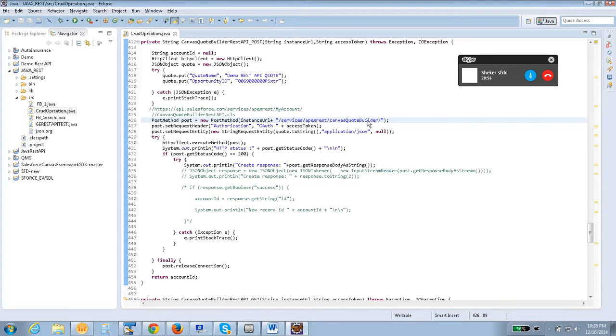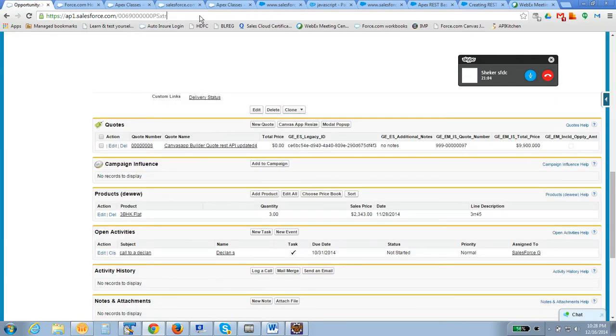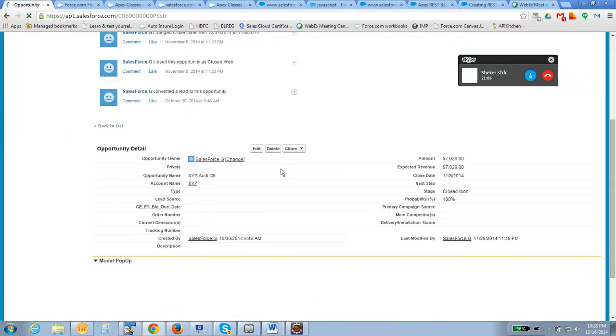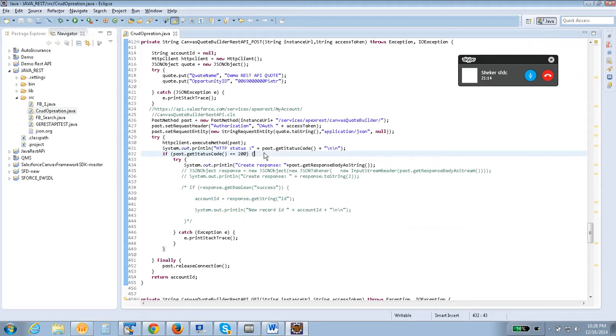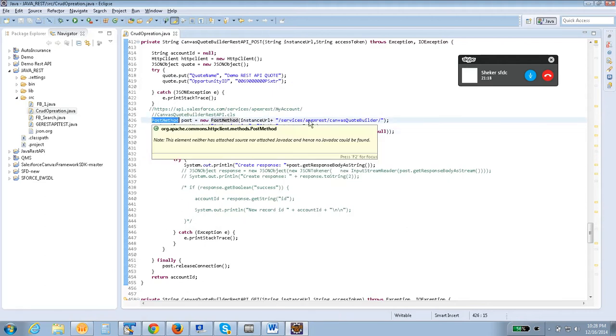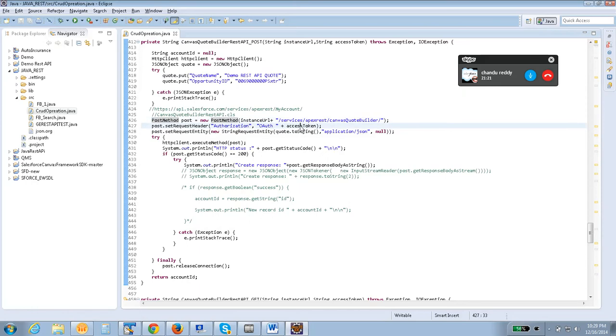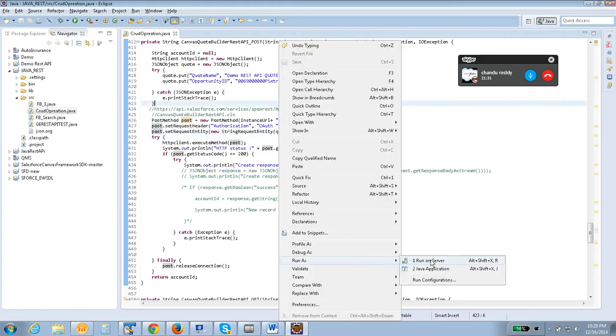Clear? Let me hit these services. It should create a demo REST API code. Just check over here; nothing is there, only one code is there, not with that particular name. Let me run my script. I am passing a post method, passing the instance URL, setting an auth code over here, and setting the body as JSON. Let me run my script.